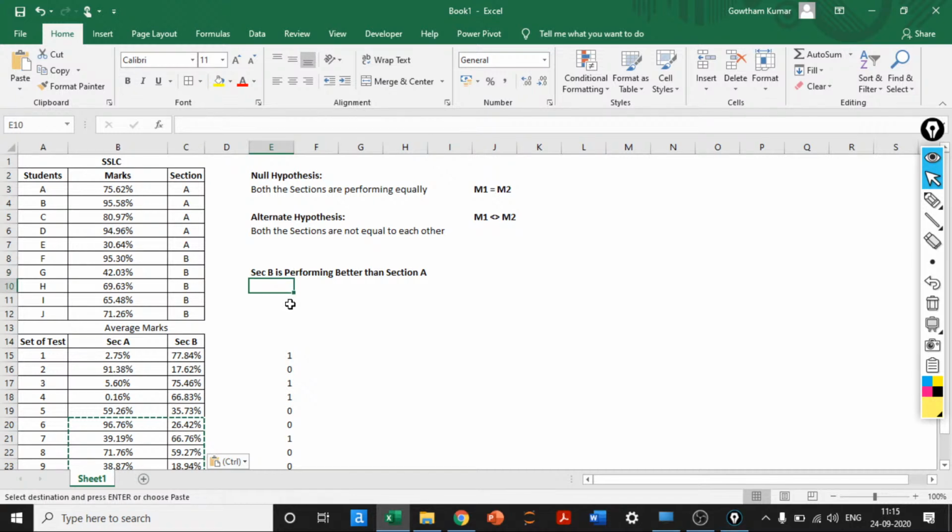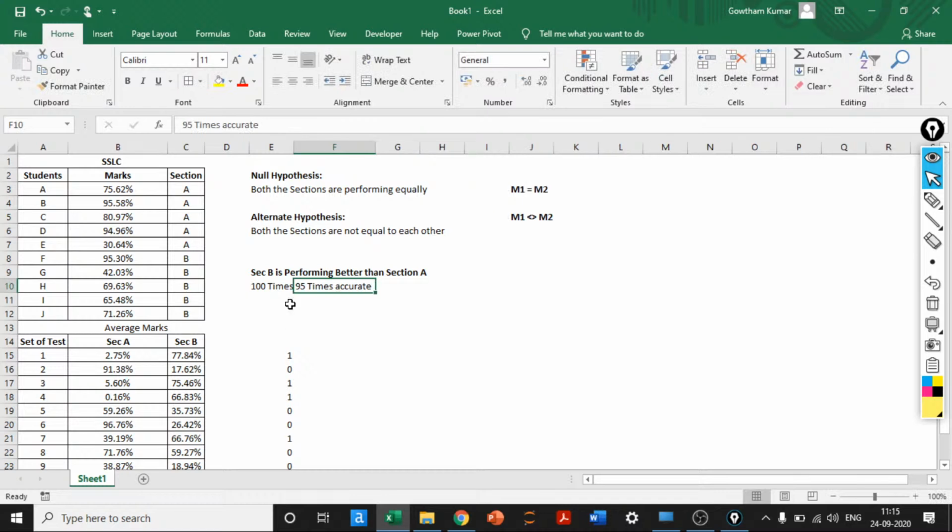But ideally, if I'm conducting the experiment 100 times, I'll simply write that 100 times the experiment is conducted, out of which 95 times I got the output that I assumed. 95 times accurate, or whatever I wanted to convey. If it is 95 times accurate, this becomes 95% true. Whatever statement I'm saying is 95% true, which is basically a confidence interval. Confidence interval is basically 1 minus whatever the percentage truth that you have. So 1 minus 0.95 will give me